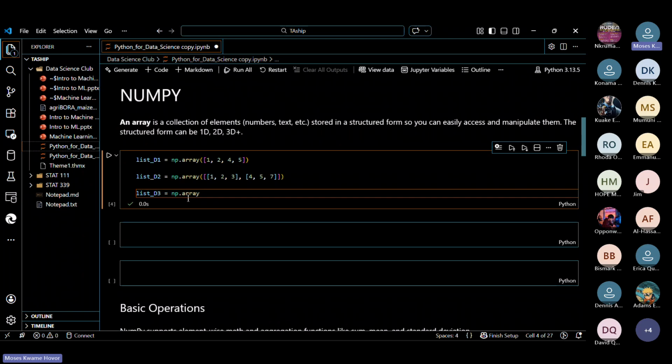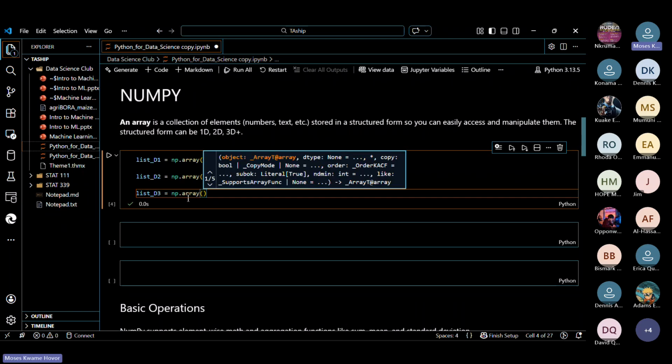Now for the 3D, this is how it's created. You have to look at it very carefully. I'm going to have bigger brackets here, and inside that bigger bracket, I'm going to create another one, and inside that one, I'm going to have my elements or my matrices.